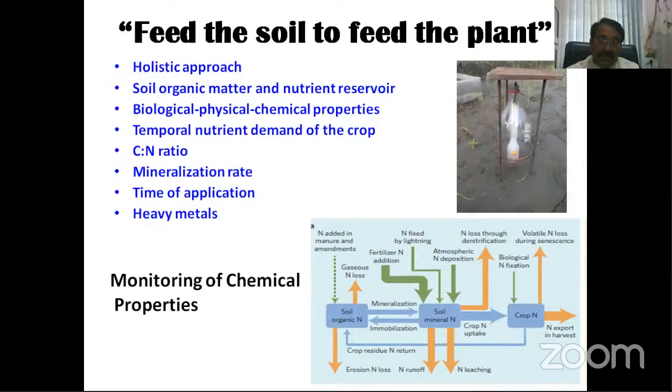And in nutrient management, monitoring of nitrogen is very important under the organic farming system. One must know the temporal demand of the crop, and to cope with that demand, what sources you are taking, that is temporal demand and temporal supply. This is totally based on science as well as experience. So this should also be considered,